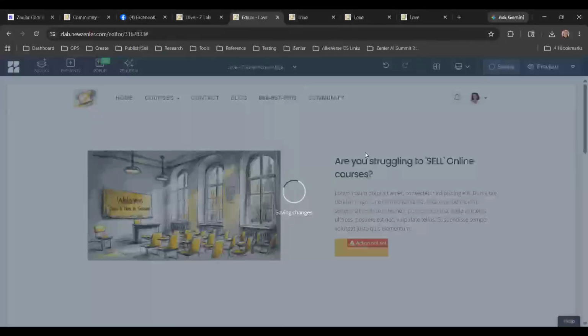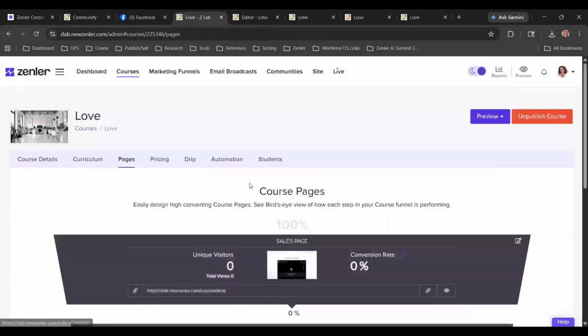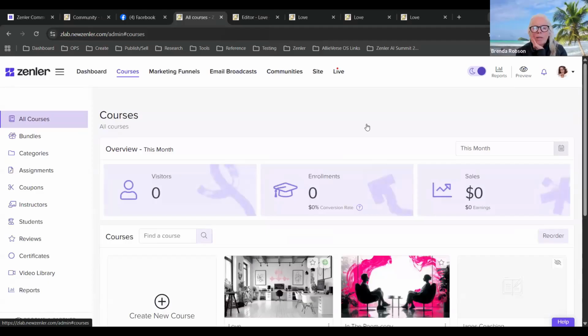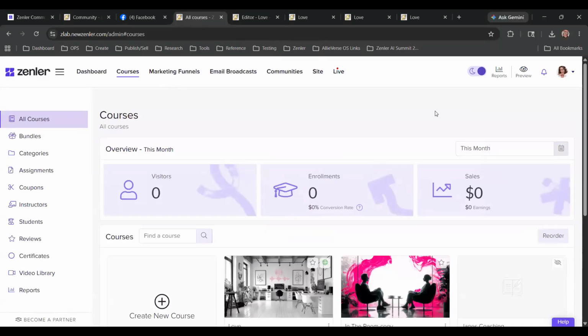Now, you want to do this not on your actual course page or course block. What you should be doing when you do stuff like that is have a sandbox set up so that you do not break your stuff. You can do that by adding a site on your account that's a sandbox. It's a site you don't publish and don't use, because you get 3 of them on Zenler, and most creators will only use one of them and the other 2 are just there.